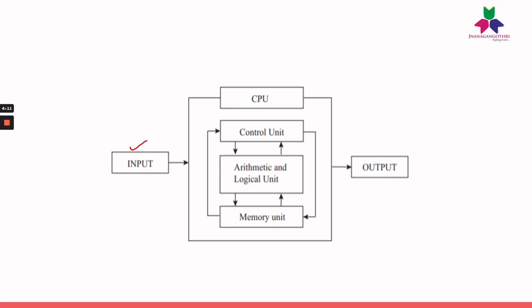Here you can see an input, which is the data given by the user, which may be of any type as mentioned earlier, like an image, a character, a number. Here you can see the CPU, that is the central processing unit. In it you have more terms. The first one is your control unit. The control unit basically performs all coordination activities.